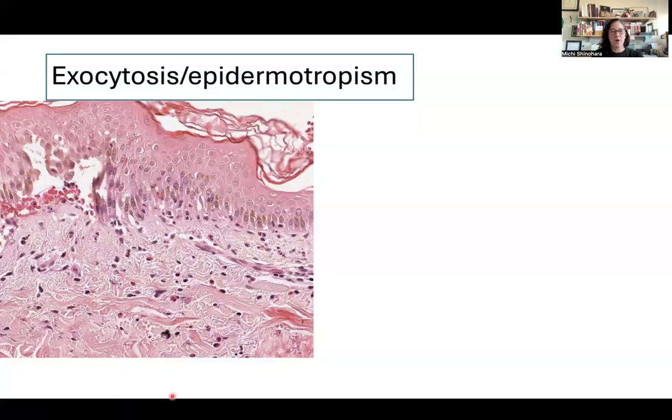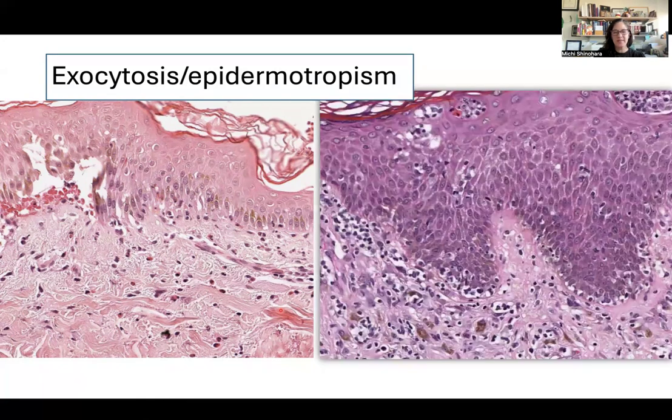Exocytosis and epidermotropism are cousins. They're basically the same, different terms for the same thing. On the left, we have exocytosis of some eosinophils here and probably some lymphocytes there. Any type of cell can be exocytosed into the epidermis, but most commonly we see lymphocytes, probably followed by eosinophils and then maybe neutrophils. In the specific example of mycosis fungoides or Sézary syndrome, we can see exocytosis of atypical lymphocytes,